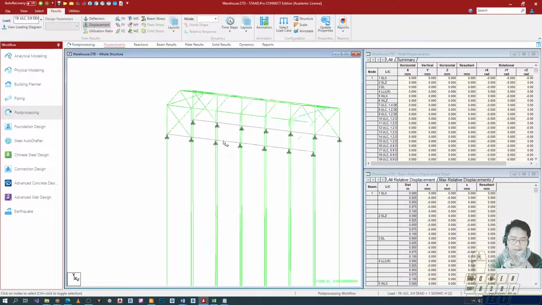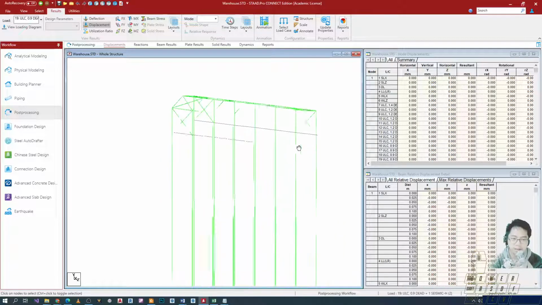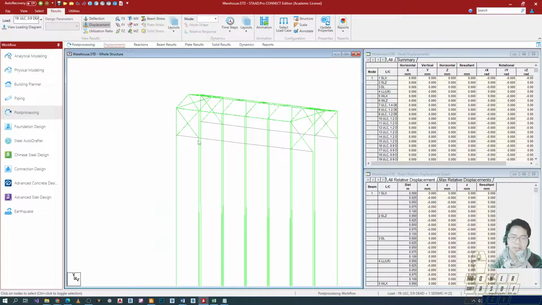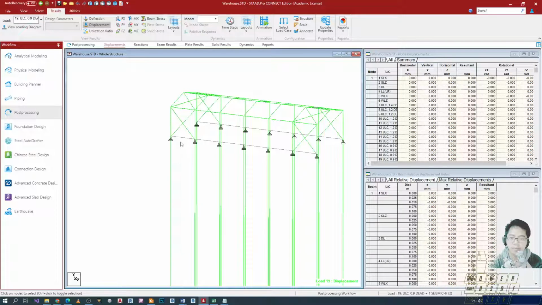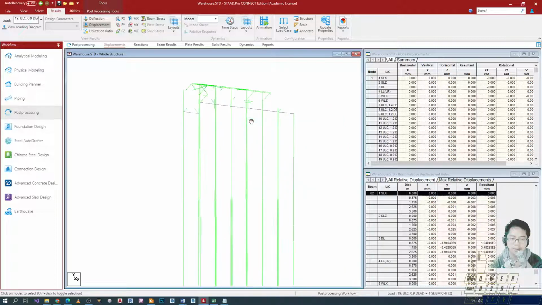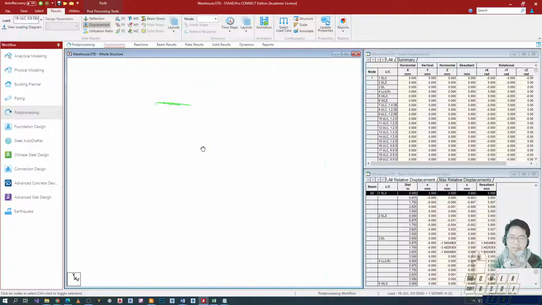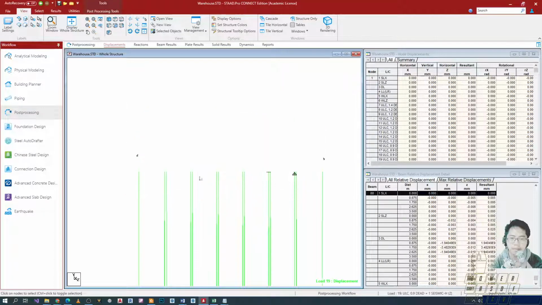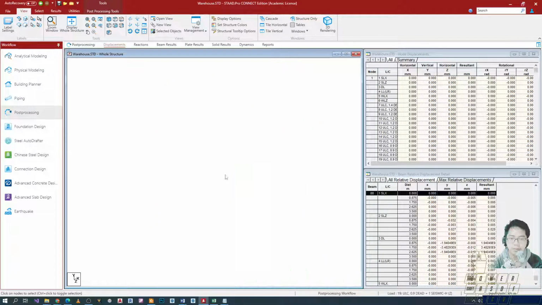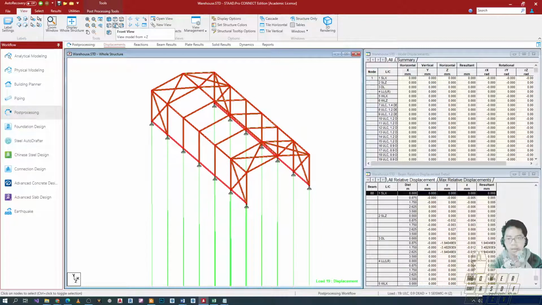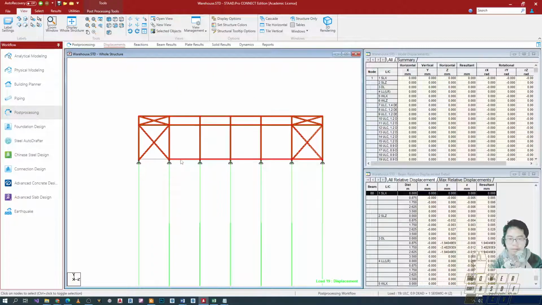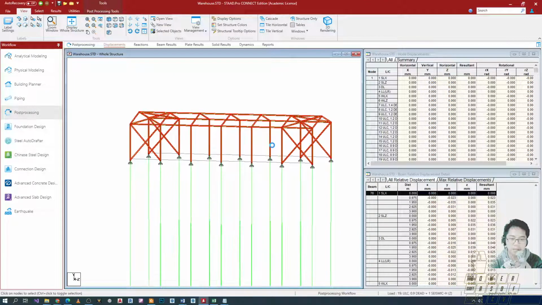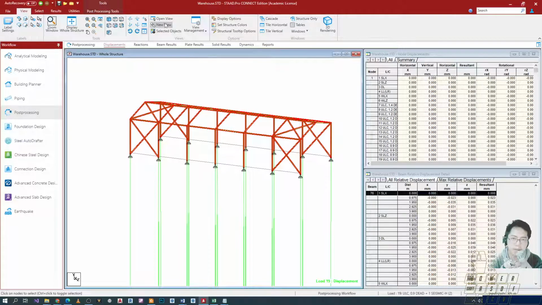Okay. Yung sobrang laking displacement dito is actually yung ating dummy member kasi masyadong manipis. Kaya ito yung nagbibigay ng kakaibang result. So, pwede nating i-isolate yan. Let me just select my whole structure. Along the right side siguro. Saka natin tanggalin yung mga dummy. Again, yung dummy natin dito is for the sake of demonstration lang. And then gawa tayo ng ibang